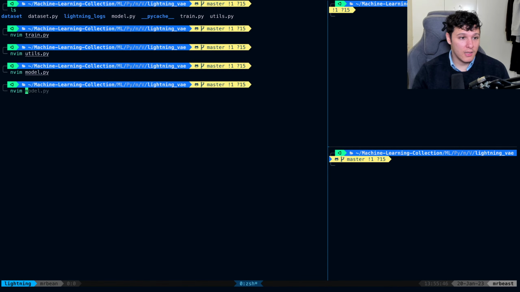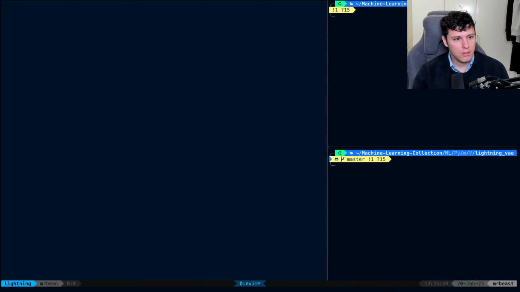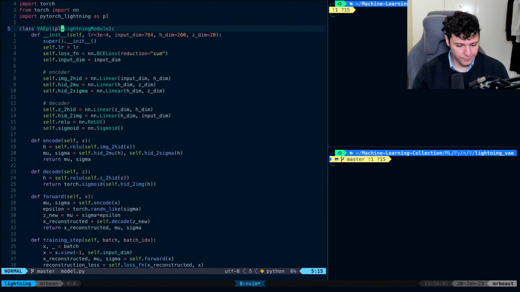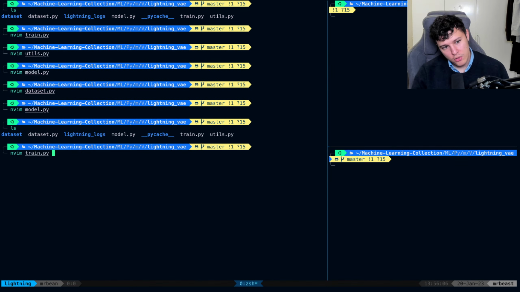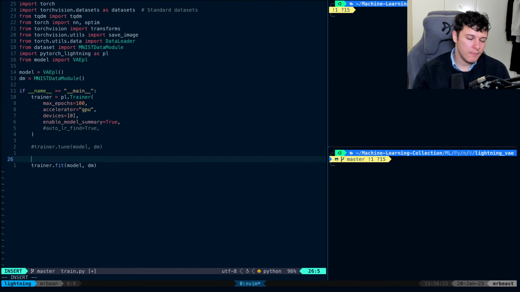the model we've done. And then we've also set up a Lightning data module. So the idea is kind of you have a Lightning data module for data, and you have a Lightning module for the model. So that's it. And then we do the train. And this is pretty easy. We just do model and data module and trainer, and we do a tune and fit. So that's where we are right now. And what I want to add,